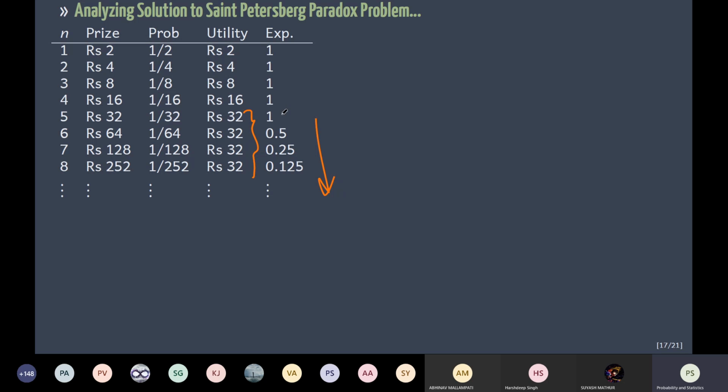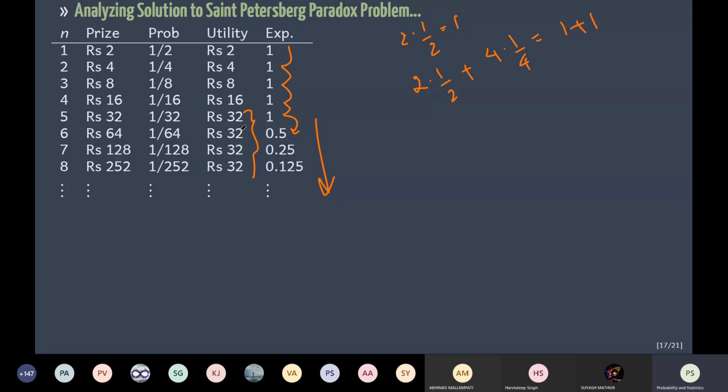The moment you do that, then the expectation that you calculate after this, remember, if you stop here, then you get 1, because it's like 2 times half. So that's the first, you get 1. The second one is 2 times half plus 4 times 1 by 4. So this is again 1 plus 1. So each time you see 1 plus 1 plus 1 you are getting. But if you go up to 32, and then after that